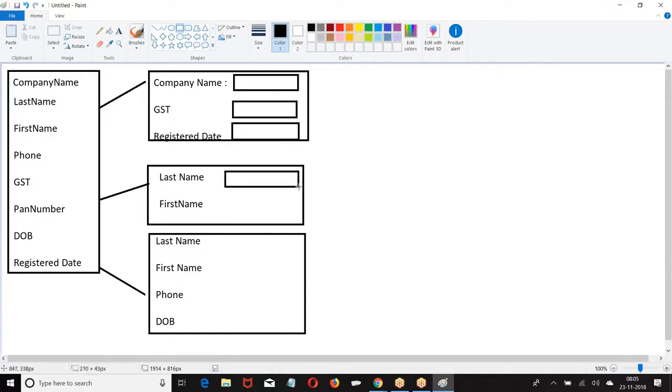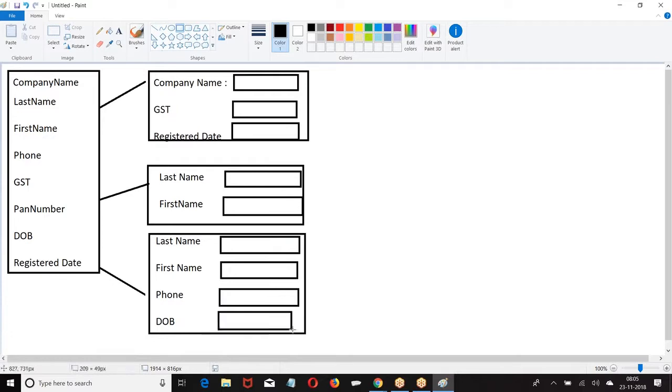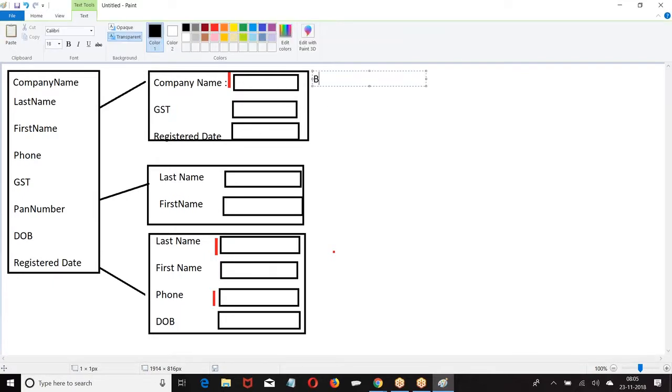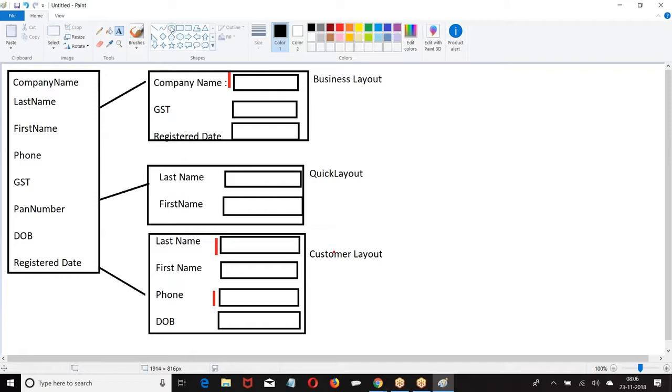So on an object, how many layouts can I create? Multiple layouts. Three different layouts I have created. Now we have different profiles here.